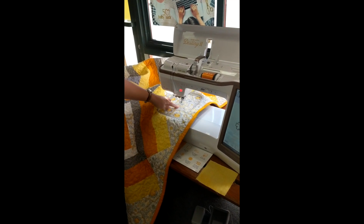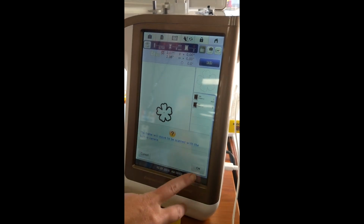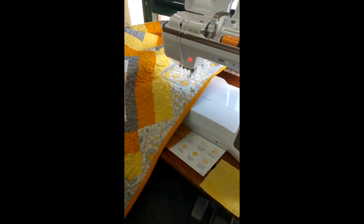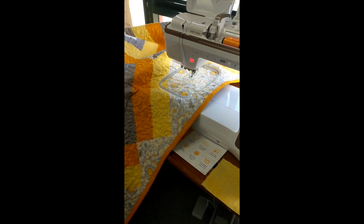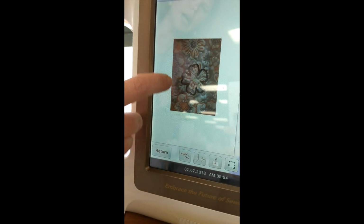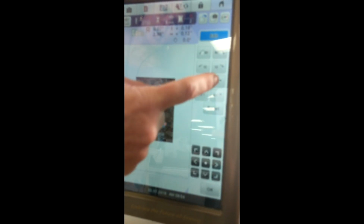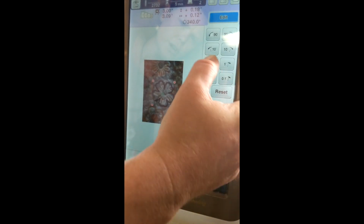I'm going to scan that flower here. I'm going to use the little camera icon right here. Just say OK, and as you can see, it's going to scan my hoop and give me an actual picture of what's in my hoop on my sewing machine. Now you can see I have my design and my flower. Now I just need to position my design, and then I can go into the edit option and rotate my design until it fits perfectly